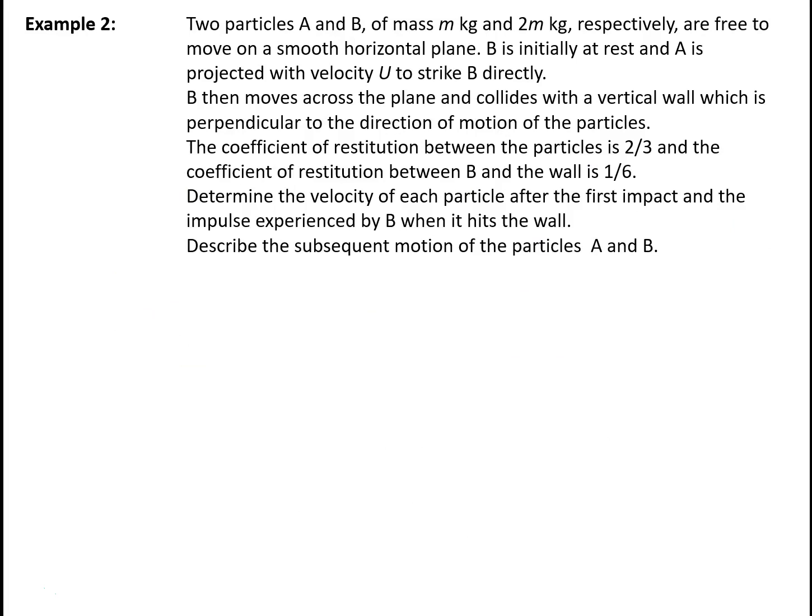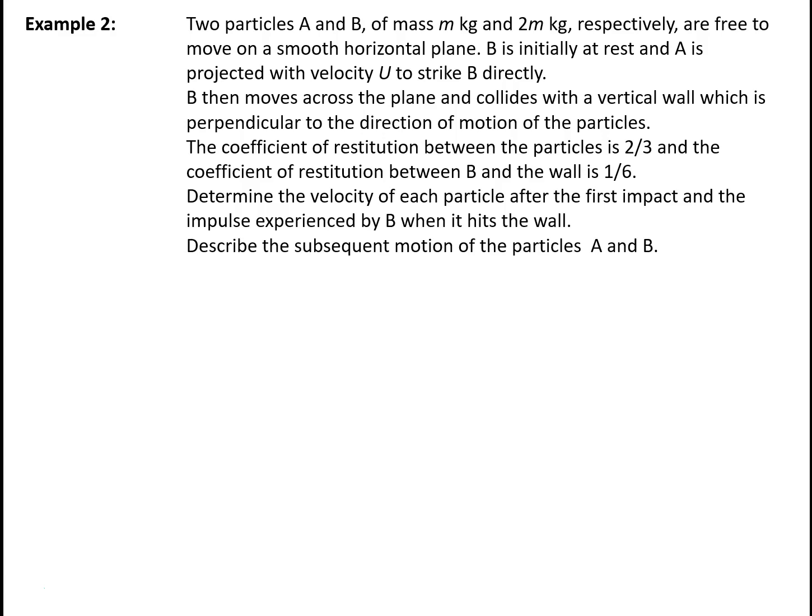Moving to our second example, we have two particles A and B of mass m kilograms and 2m kilograms respectively. They are free to move on a smooth horizontal plane. B is initially at rest and A is projected with velocity u to strike B directly. B then moves across the plane and collides with a vertical wall, which is perpendicular to the direction of motion